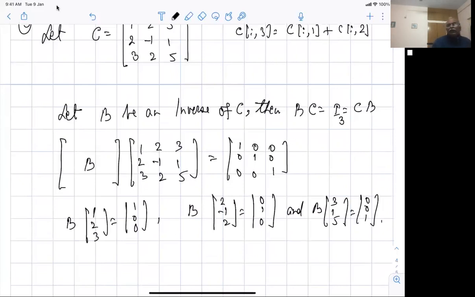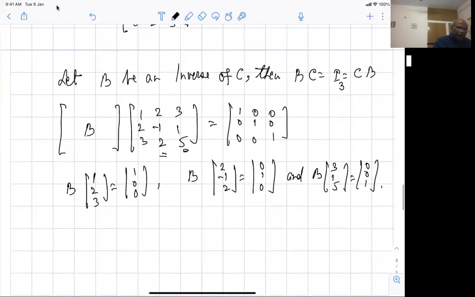That's the way I am going to look at things. Because that's the matrix multiplication. The first column multiplied by B will give me the first column. The second column here multiplied with B will give me the second column here. The third column here multiplied by B will give me the third column here. That's what matrix multiplication was. Therefore, I'm stressing on that. Please learn matrix multiplication and understand it.